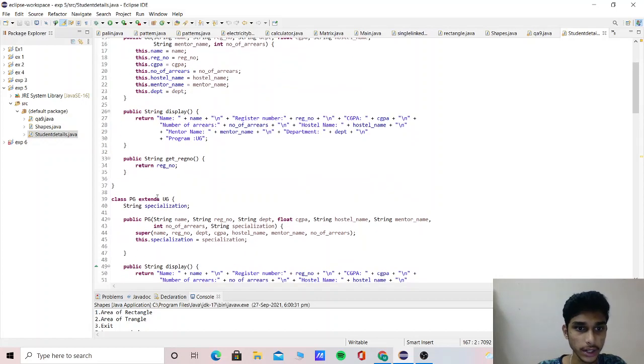Then public String display returns name, new line, register number, new line, allocating everything.